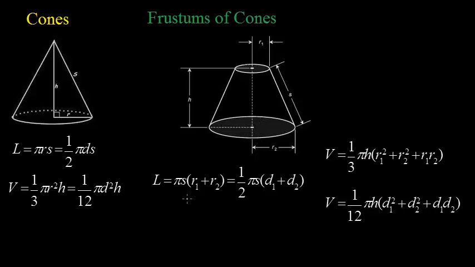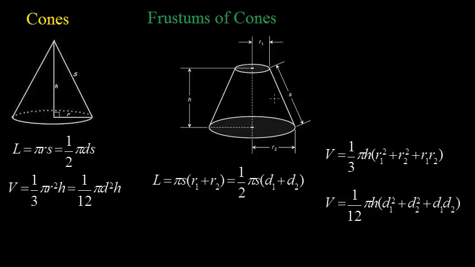Our formulas for the lateral surface area are slightly modified from the cone. Our lateral surface area for the frustum is pi times the slant height times the addition of R1 plus R2. So adding those two radii together and multiplying that by pi times the slant height will give us that lateral surface area, this area around the